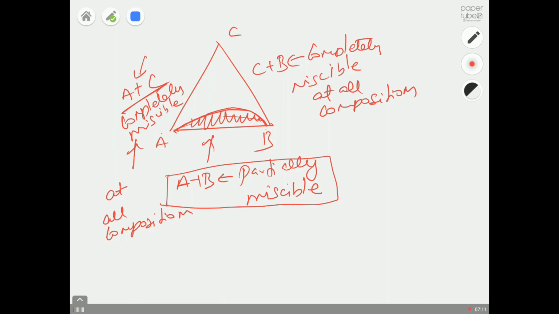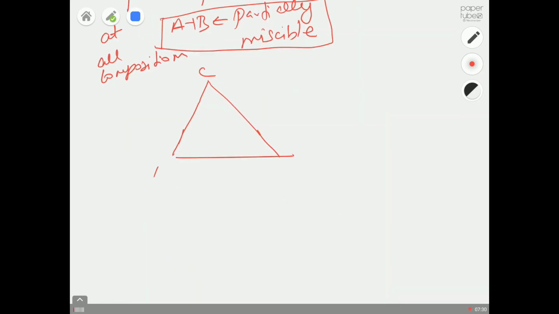So what I am saying is how to interpret which components are miscible and which two of these components are partially miscible. That's what we are trying to learn through this ternary diagram. I can draw a few more diagrams for you, why not? So let's say something like this. You have a system like this. I'm going to draw only one line here. So what does this mean in this case? A plus B is completely miscible